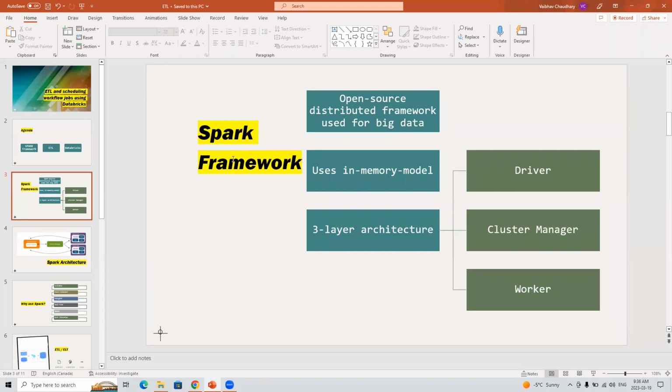Now the popularity has begun. Earlier, when people used to do their big data on Hadoop, it uses the in-disk model. But now Spark is using in-memory. So memory is obviously faster. The data gets stored in the RAM for computation purposes.